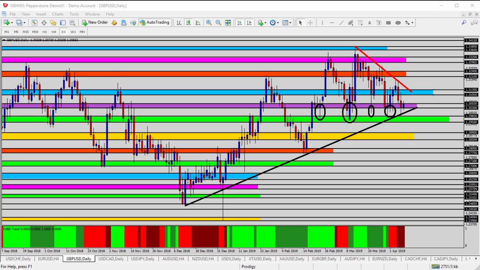Today we're looking at the GBPUSD, the Great British Pound versus the US dollar, for today's trade analysis. Some interesting things are happening here for this currency pair on the daily time frame. I think the first thing we'll look at is the trend line, the black trend line here on the chart